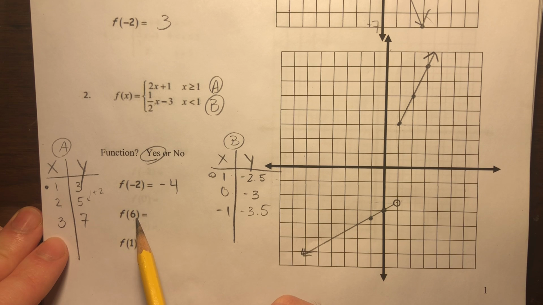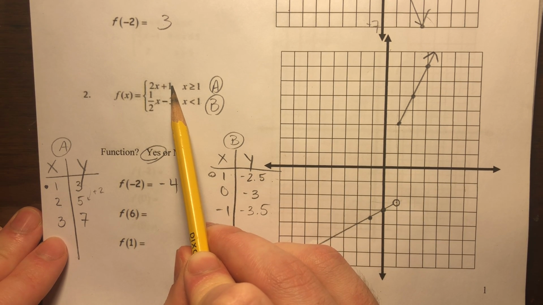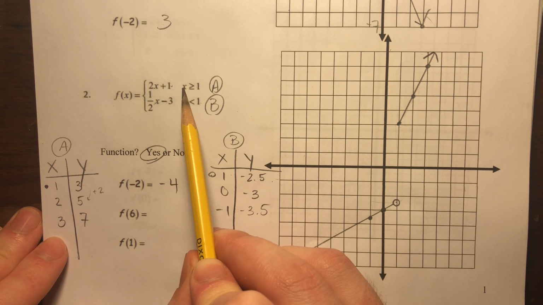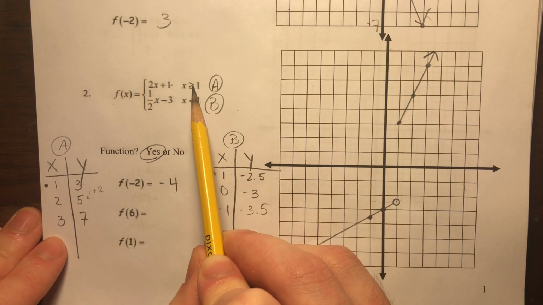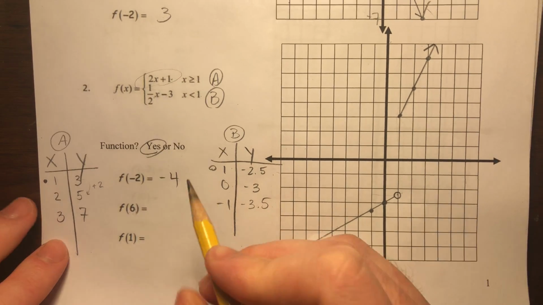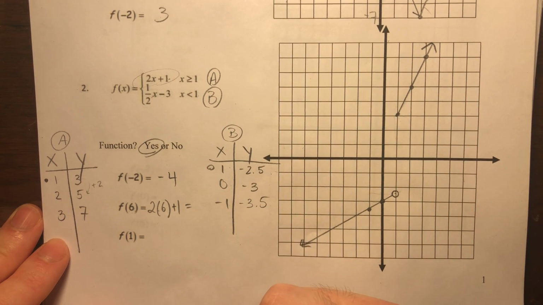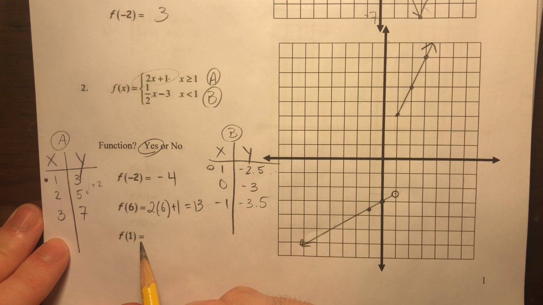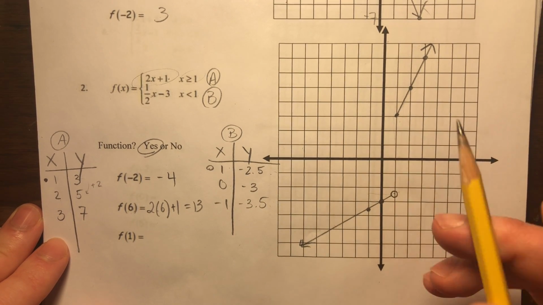So if this x value is 6, I want to choose the piece that has the domain of when x is equal to 6. So I have x is greater than or equal to 1, or x is less than 1. Well, 6 is greater than or equal to 1, so I'm going to use this top part. So I'm just going to plug it in. 2 times 6 is 12, plus 1 is 13. F of 1, well, I want to choose this top one, because that's the filled-in circle, and that's equal to